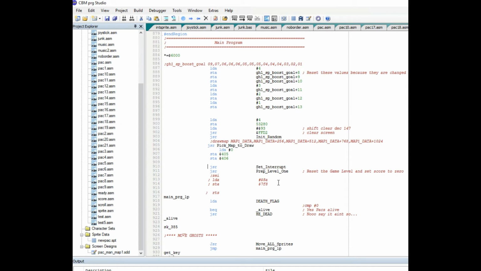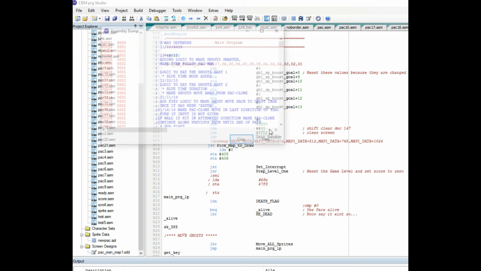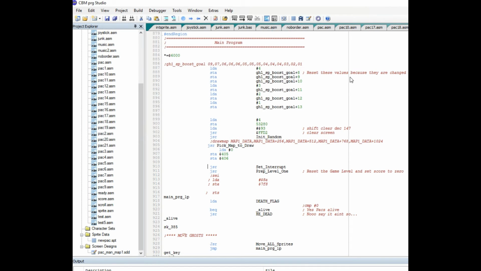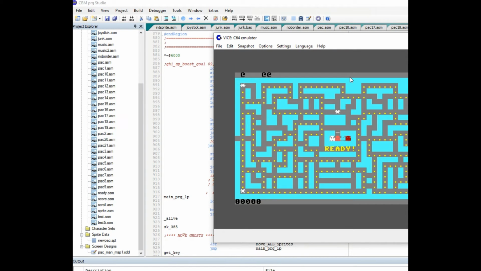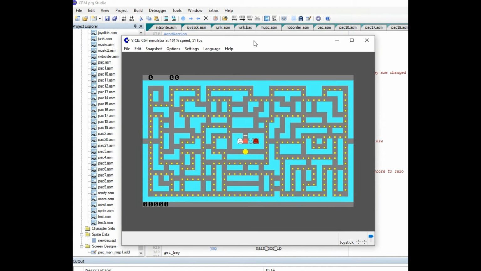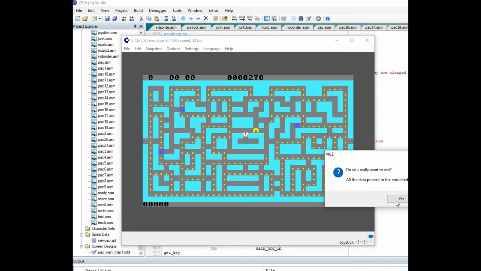So let's put that back in. See, it was so fast you didn't even see it.